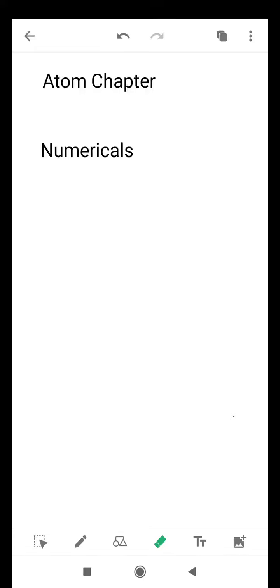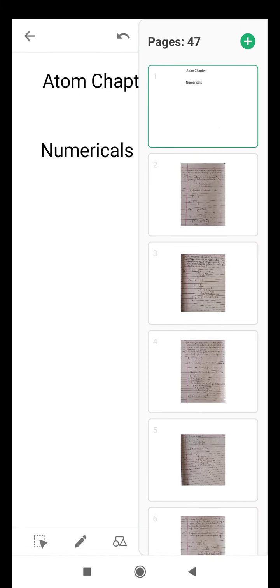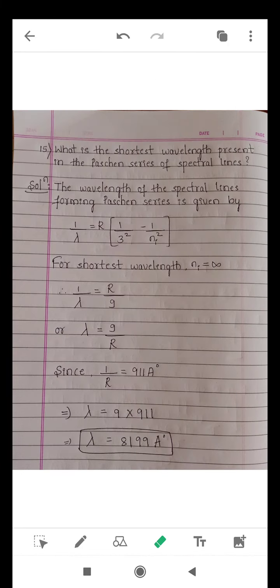Hello everyone. So continue the atom chapter, the numericals part. What is the shortest wavelength present in the Paschen series of spectral lines? So very simple and straightforward question. So to find the wavelength of the spectral lines forming in case of a Paschen series, given by the formula